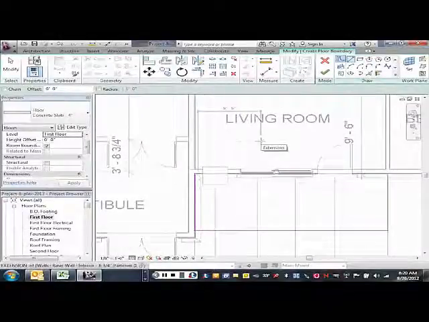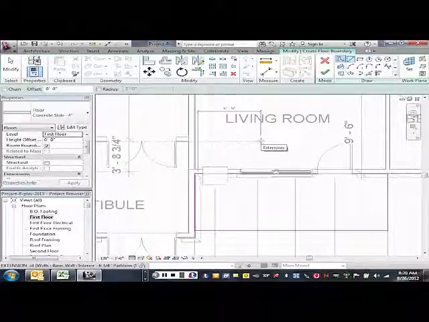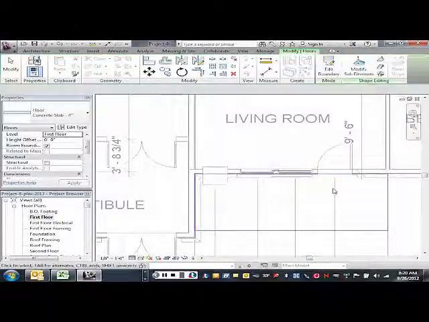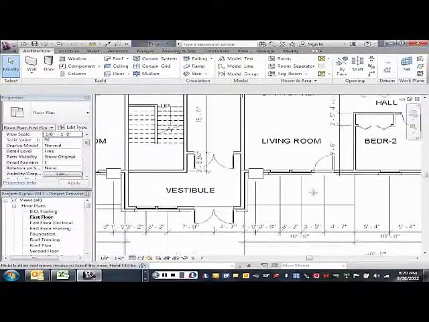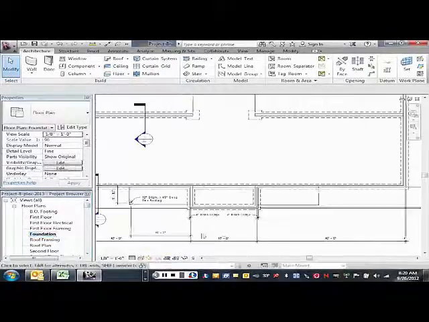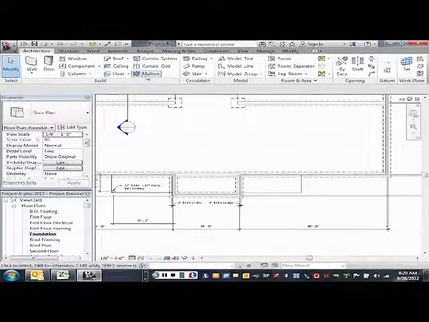When we go to putting our decks on the second floor, we're going to set it down a little bit. Okay, so I'm going to finish that then. And my patio is in there. I'm going to go back to my foundation plan to do that. Just to show you, it shows up here. And if we do a quick section through that,